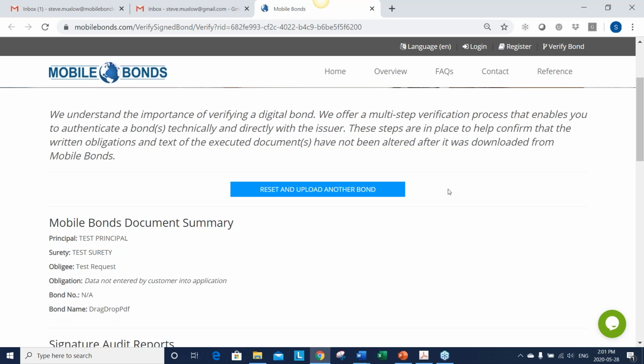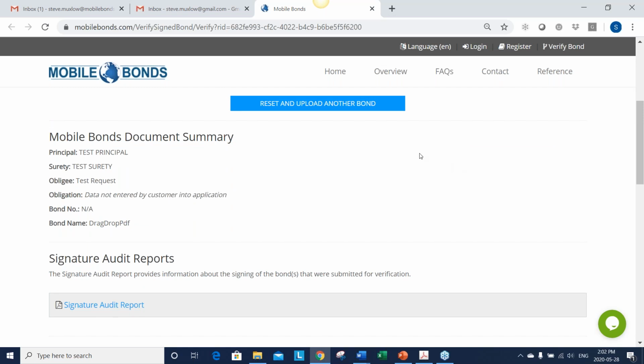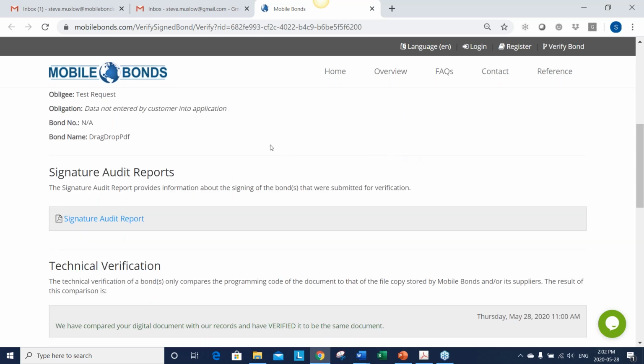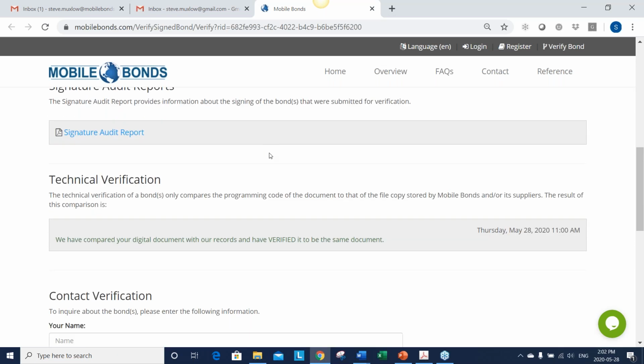And there's a couple options. Like if you want to self-certify, that's one option. But what we decided we thought was better was having a verification process that compares the document that you have to the document that we have. And that way, any chance of it being tampered with is highly unlikely because you have to tamper with both to make it work. And so what I've done is I selected that PDF file by clicking the link. It triggers the opening of our verification screen. I've pressed the verify bond button, and it gives you an online report immediately.